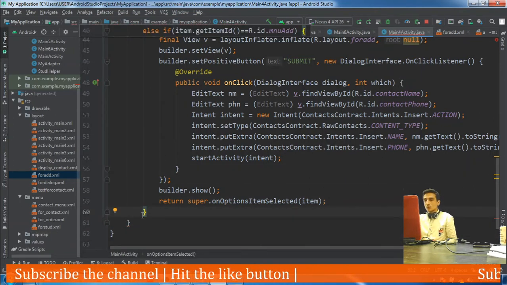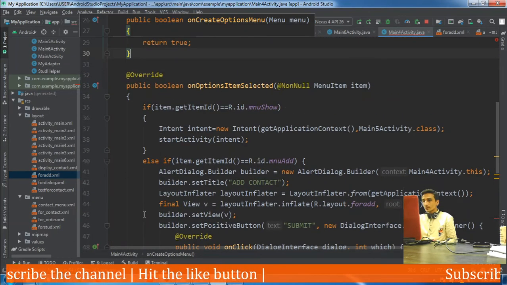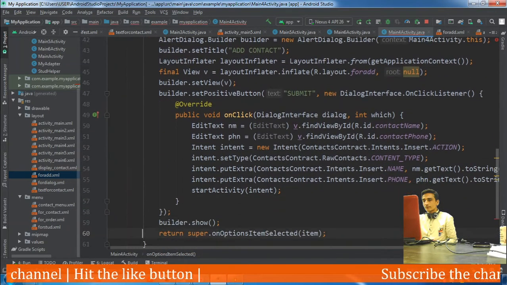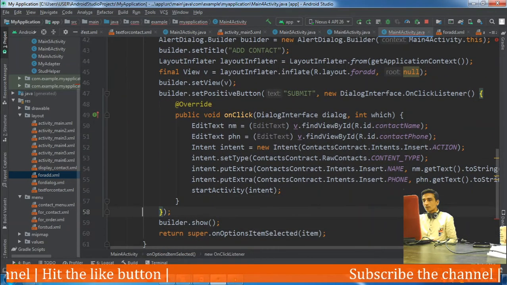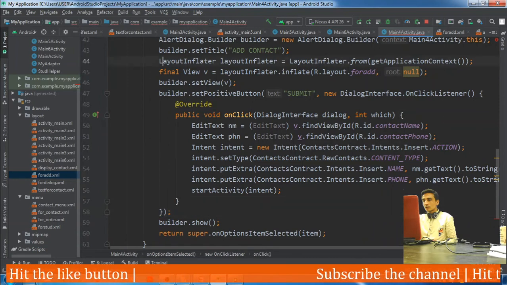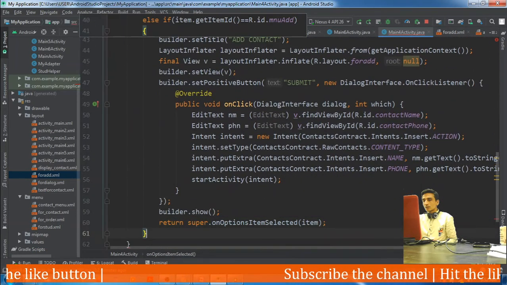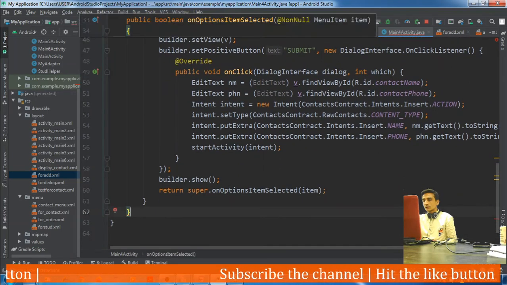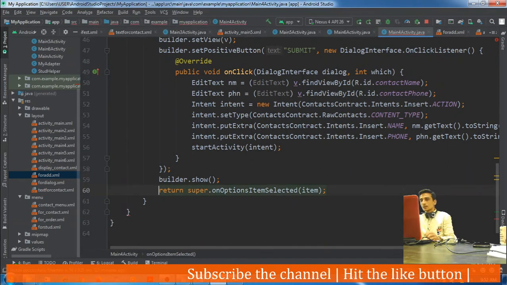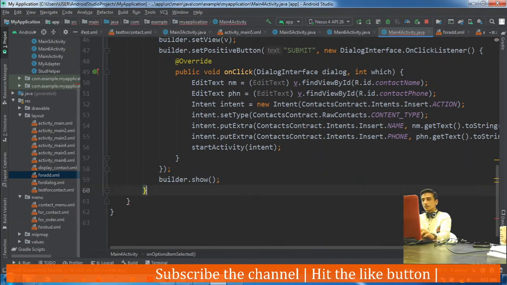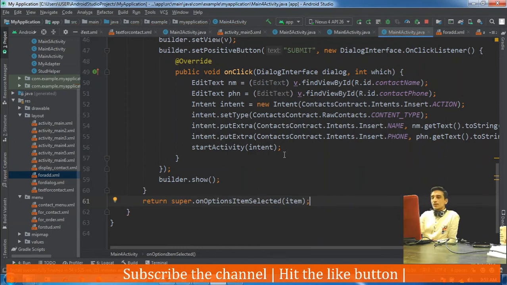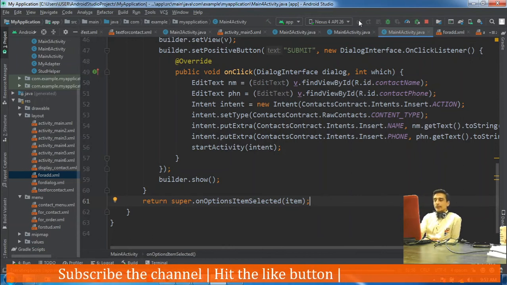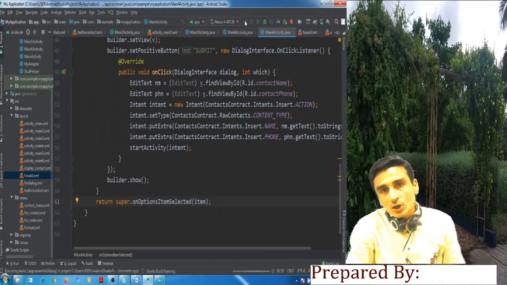This bracket belongs to else if, this belongs to the method. The return statement should be outside the else, otherwise if the if portion is executed, the return statement would not be fired.